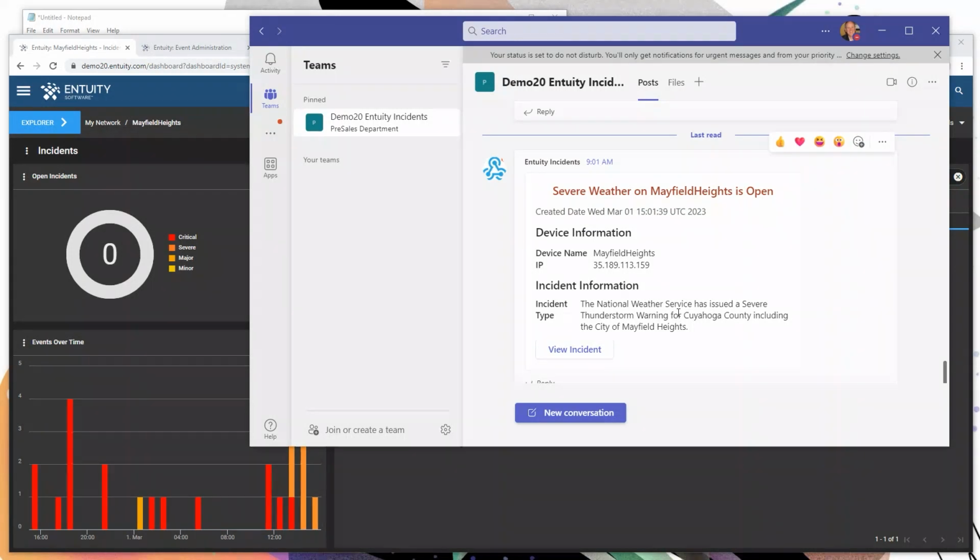Now let's look a little bit at how that's set up. So how would you actually do that? And this is fairly generic in terms of even other products, right? Whatever product that you want to be able to integrate with, Teams being one example. The first step is, what does Teams require for an API connection? And how do I actually set up that endpoint within Teams? So if it's Slack, how do I set up the Slack channel? Every product's going to be a little bit different, but I'll walk you through what I did in terms of